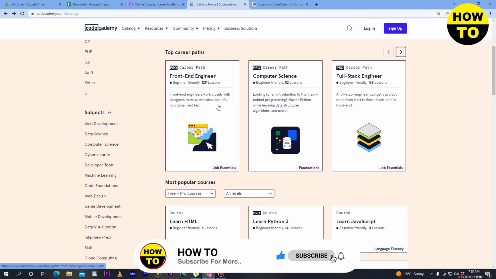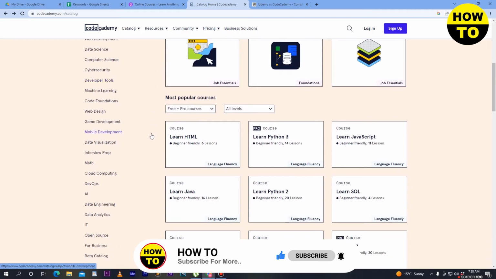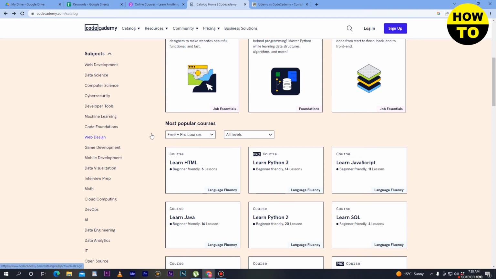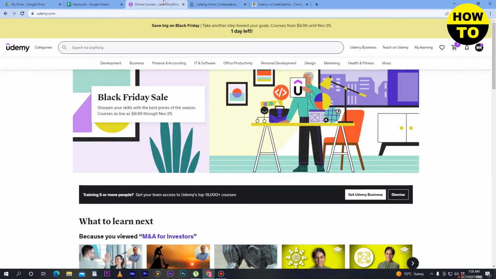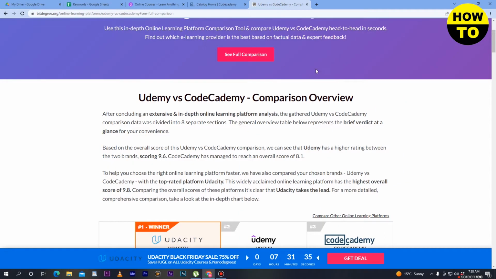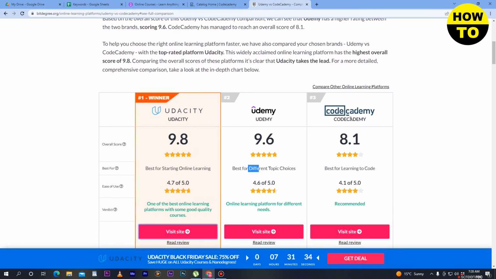provides the best courses, but as compared to Udemy, the rating of these courses is lower than Udemy. So simply now what we need to do next, we will check the comparison between Udemy and Code Academy. Here you can see Udemy has a high rating of 9.6 and the 5 stars rating.